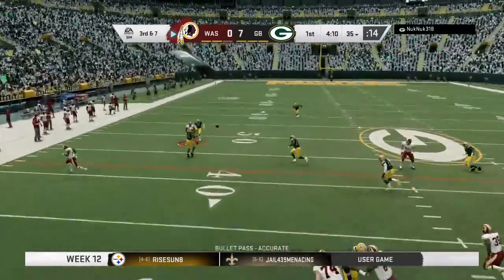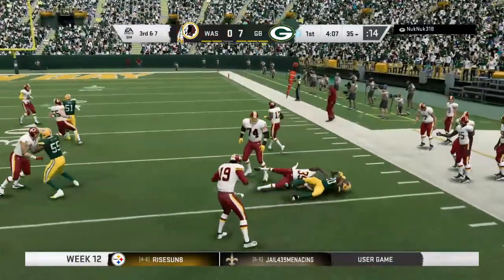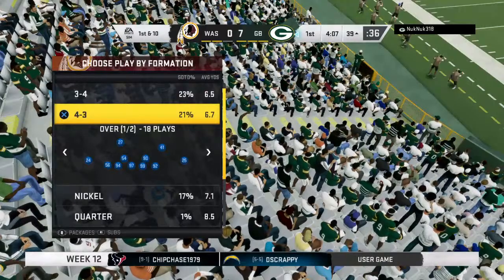Jameis to throw it. Into double coverage, and it's intercepted. Carlton Davis picks it, and the return stops at the 39-yard line. And, Brandon, this is a real nice...